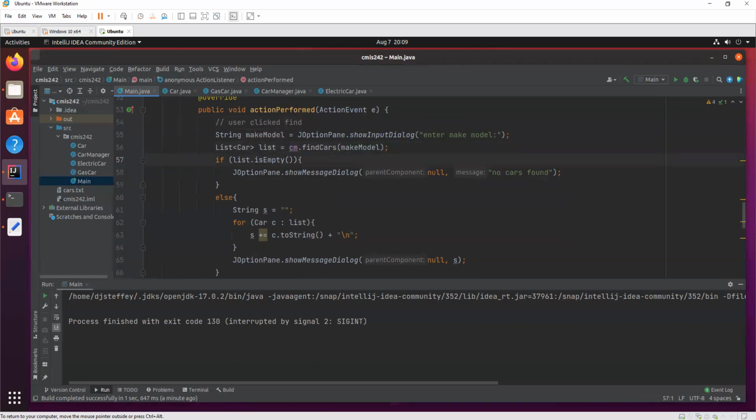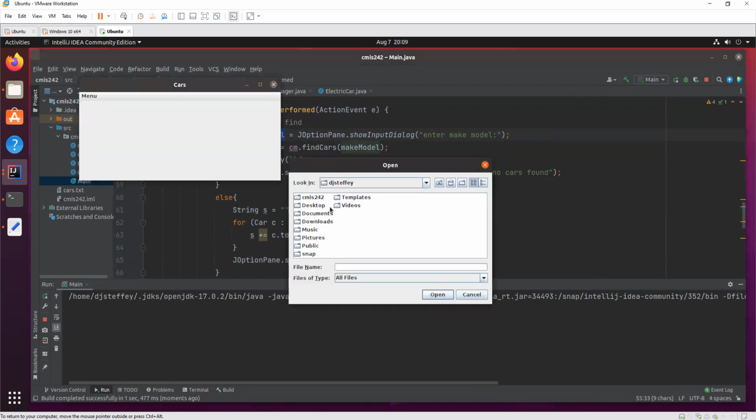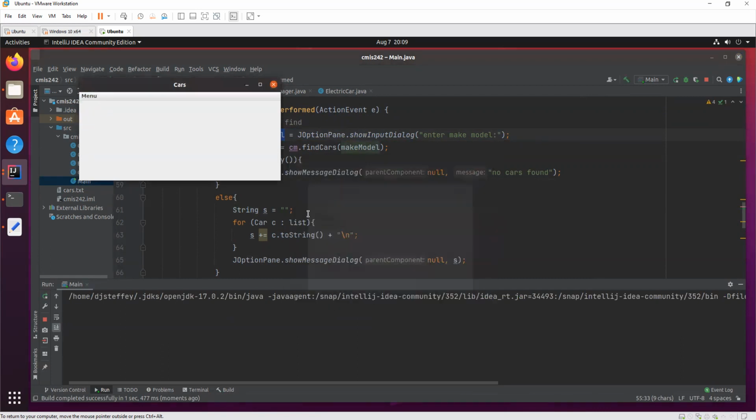This is going to let the user type in what make model they want. So here we're going to ask the user to type in the maker model, and then whatever they type in is what we're going to search for. Let's run this. Still got to load them, very first thing. There you go. Fine. Enter the maker model, fine.